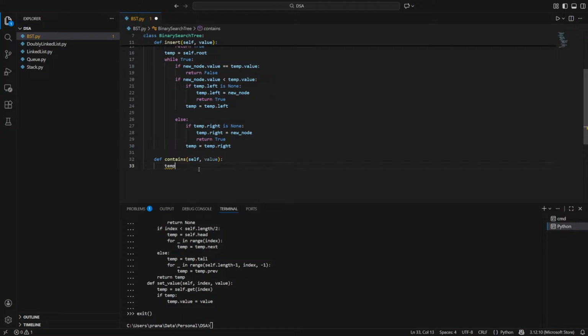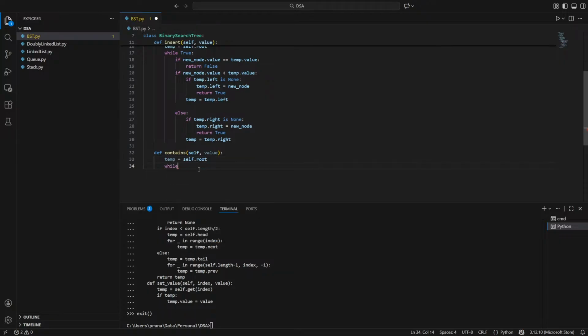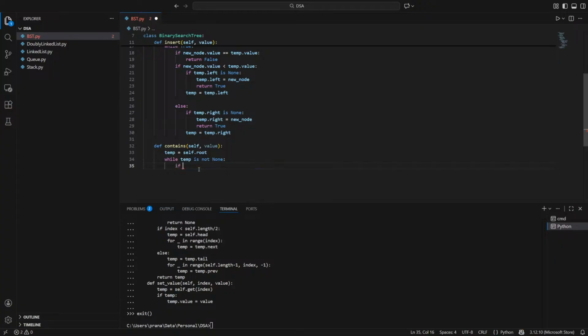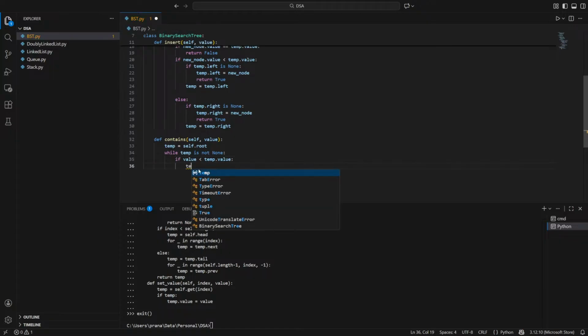Temp equals to self dot root, then perform a while loop until temp is not none. If the given value is less than temp dot value, in this case we are going to